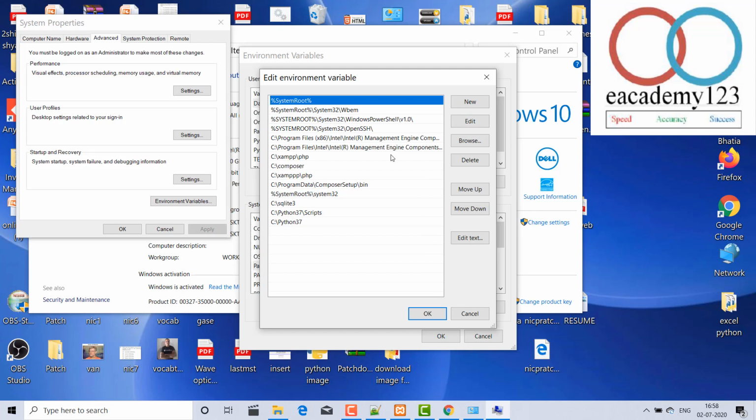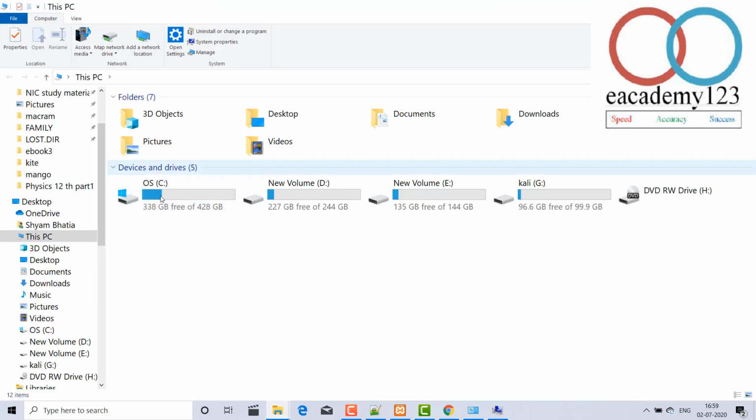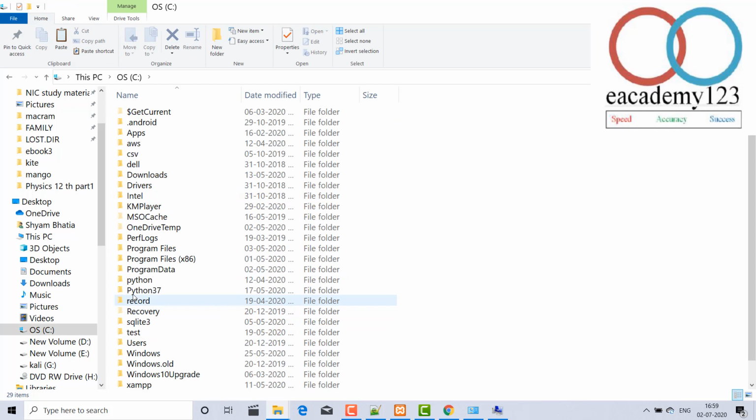And if you make edit, here I have already set the Python path, but you have to click new, and paste the path up to the Scripts folder, C Python37 and Scripts. Where will you get it? Just come here and go to the C directory. I have made it Python37.